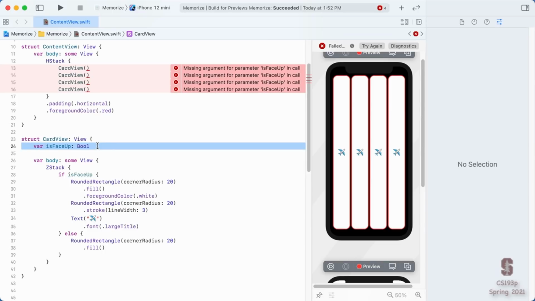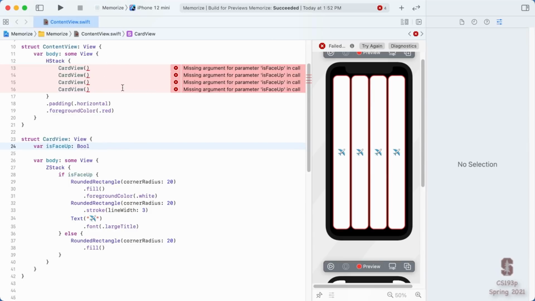There's no such thing as a variable with no value in Swift. Now, there is a kind of variable called an optional, which we'll talk about next week, that looks like it's no value, but it's not that it's no value, it just has the value not set yet. It's a little bit different, but a Boolean has to either be true or false at all times.